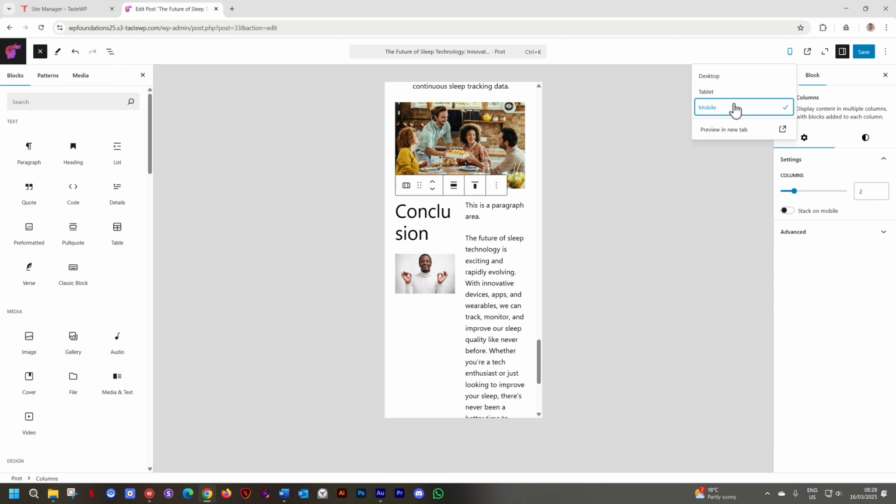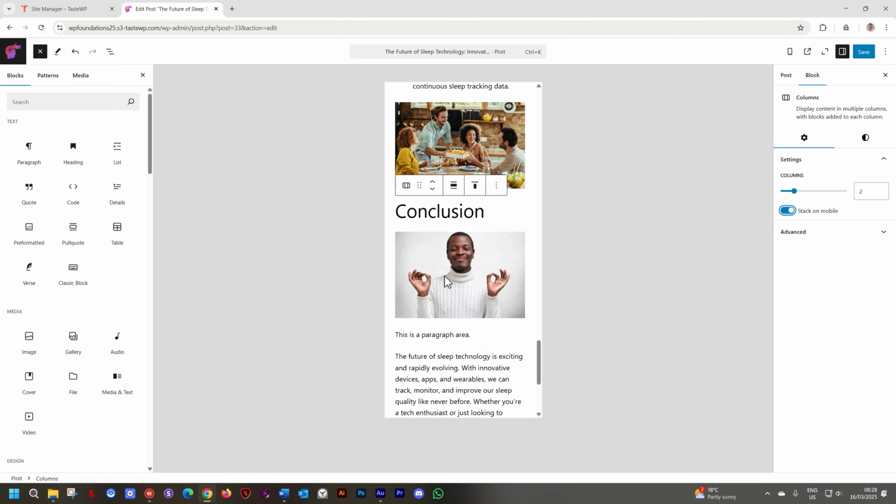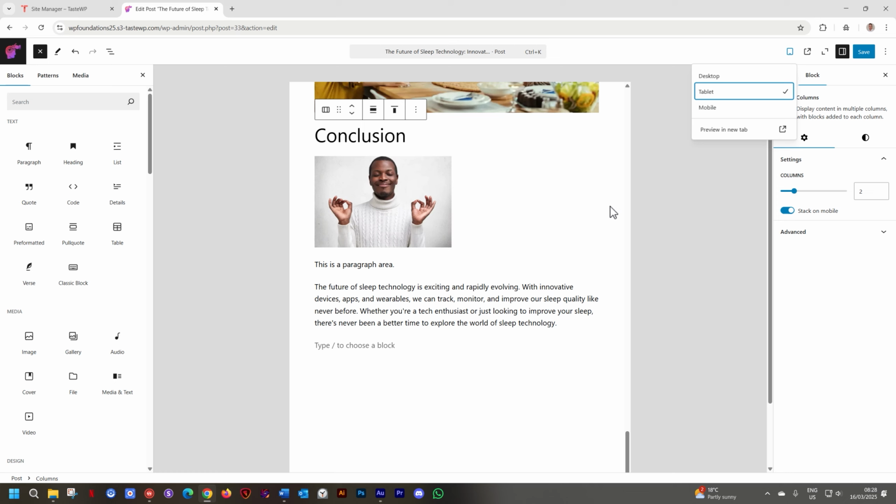If I go to mobile, it does the same. And I want it on tablet still two columns, but I want it stacked on mobile. Click on Stack on Mobile again, and you see it is stacked. So there is no in-between for me to have specific control on the tablet. And this is just one of the many areas in which WordPress, the default installation, fails at responsiveness. And it fails significantly. Because this is such an important feature, so many people check websites on mobile devices, and it doesn't give you that precise control.